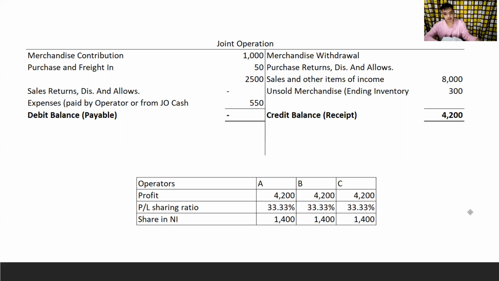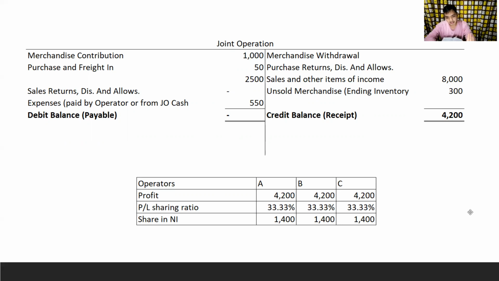With that, the total amount in debit balance is 4,100 versus 8,300 in the credit balance. We have 4,200 credit balance receipt. So this is the answer to letter A. Letter B, how much is the share of X, Y, and Z respectively? So change the ABC to X, Y, Z. Sorry about that. The profit stated in the above receipt is 4,200.